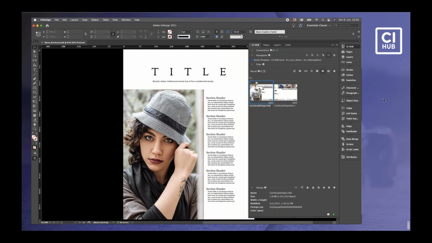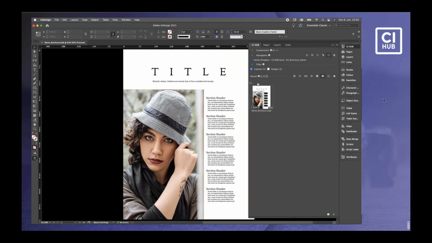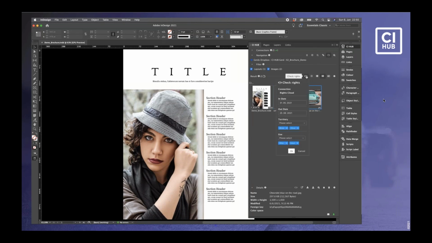Now let's see how easy it is to check in an asset for approval and rights management. Quite easy. Just select the image you want to register. We check it again, so it's not checked in because it has the gray one. So to register this asset, just go down to the button, click on it, register file in Rights Cloud, and